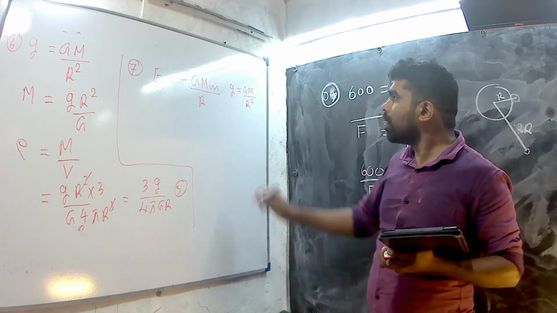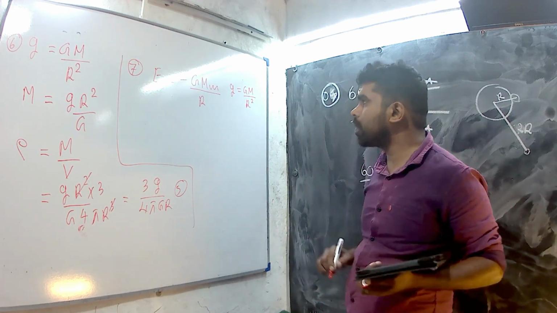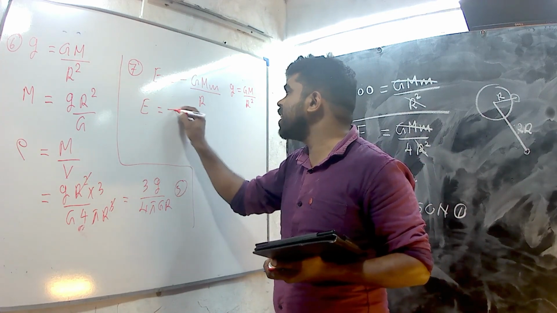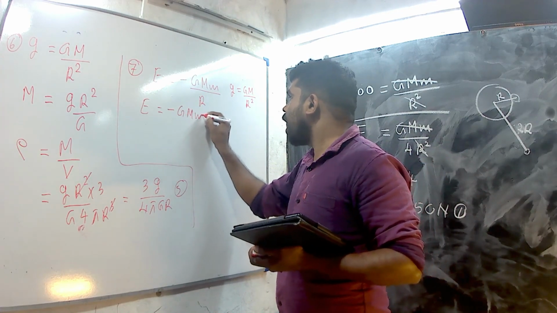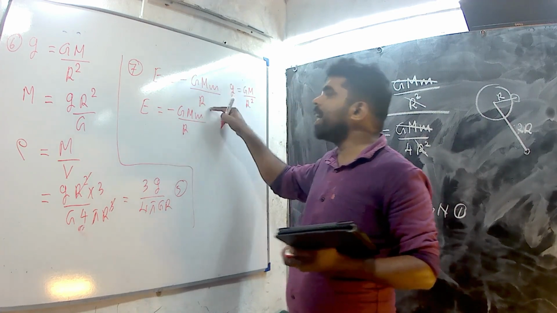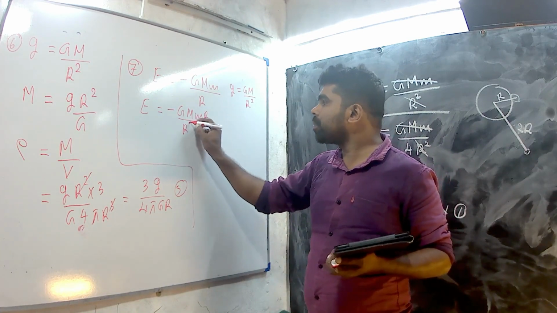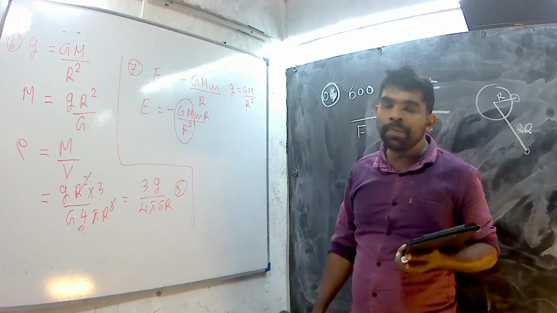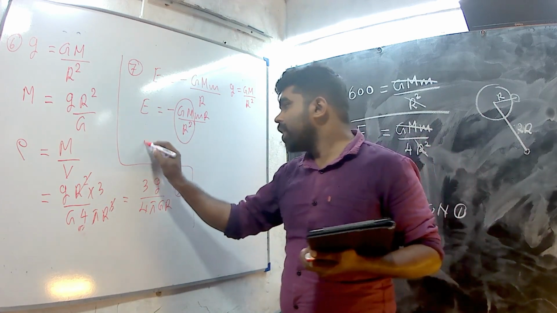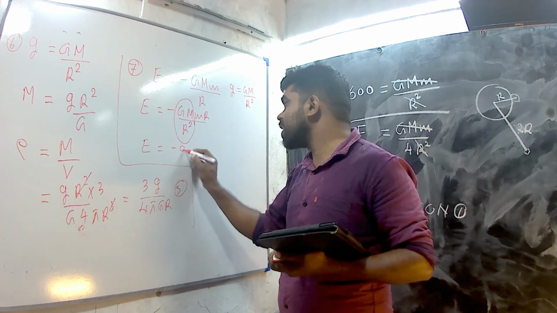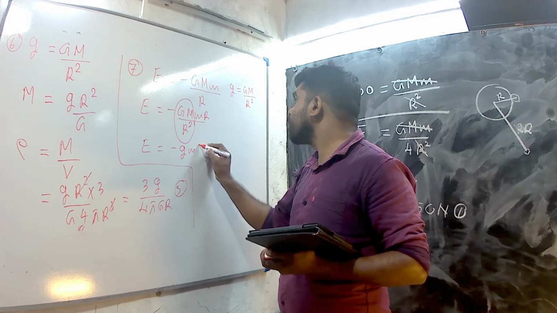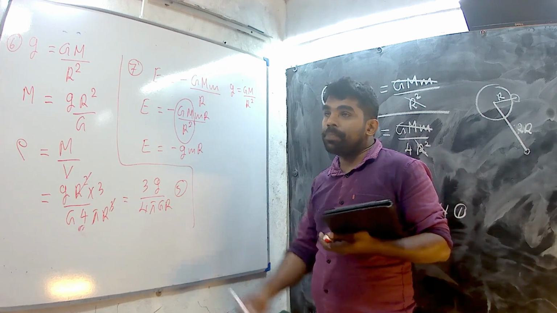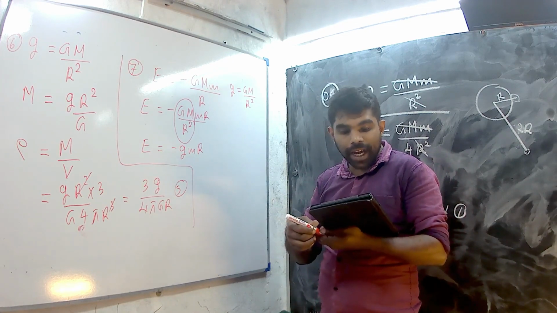Therefore, we can change the potential energy equation. I will multiply numerator and denominator by R. Then this term is simply g, which means gravitational acceleration. Then E equals minus gmR. When the object is placed at R height,